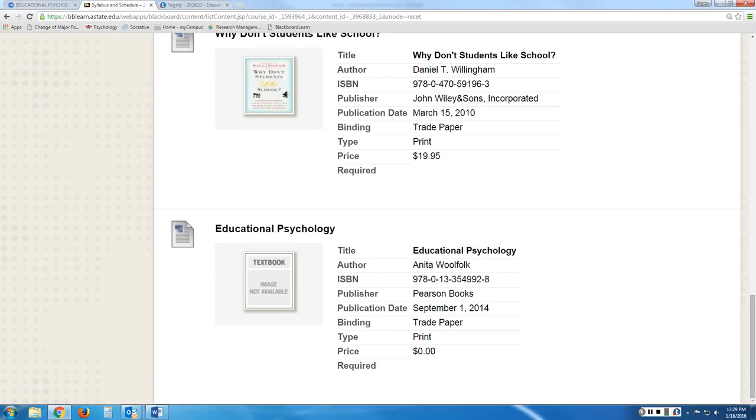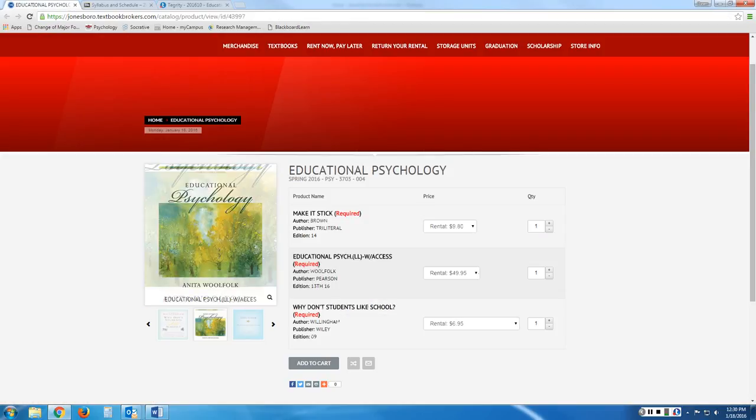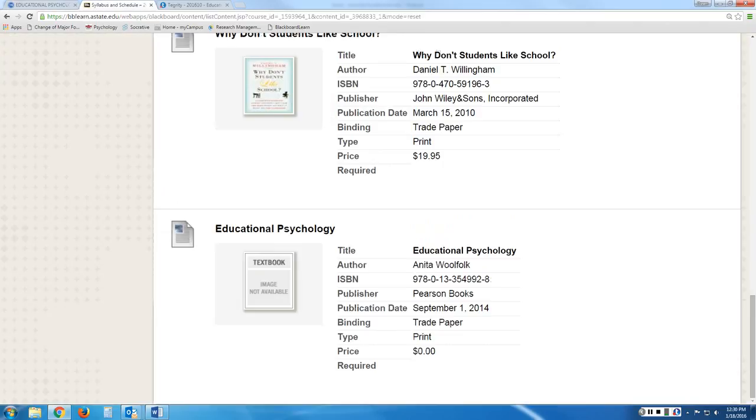Okay, here is the ISBN number though, and like I said, it's in the 13th edition. The cover looks like this, so it's got trees on the front. And so this is the book around which we will structure the majority of the course. It's where you're going to get most of the terms that you're going to need for your assignments. It's where you're going to get the bulk of the information that you would really need for the Praxis in the event that that's something that you're studying for,